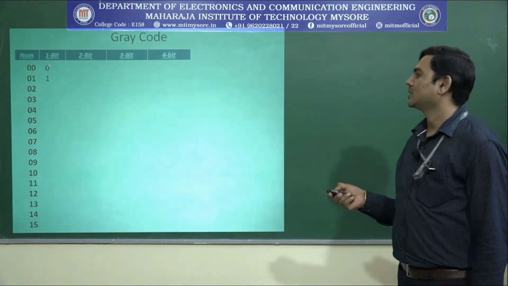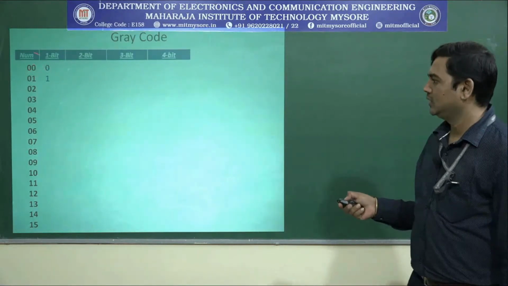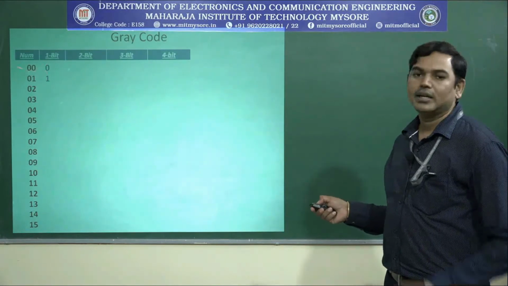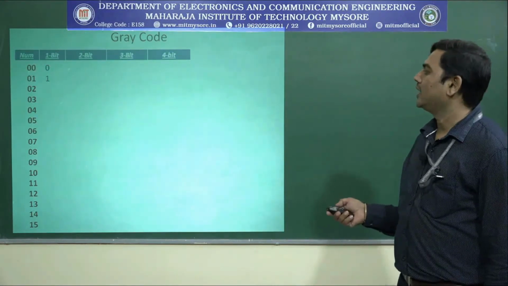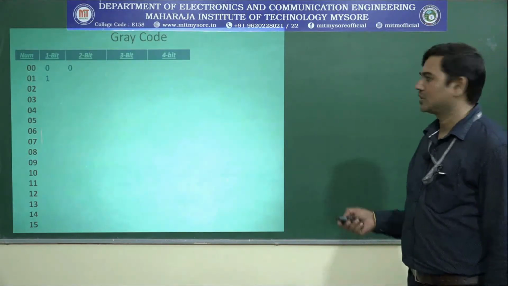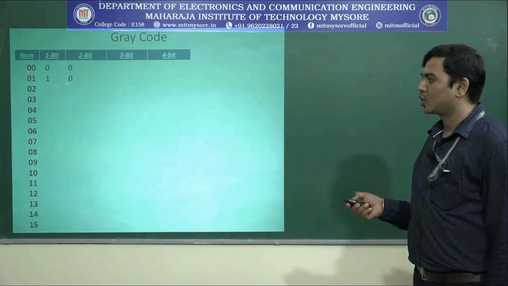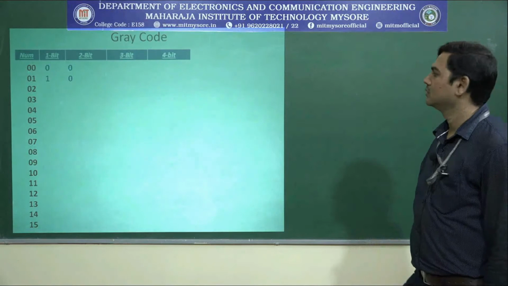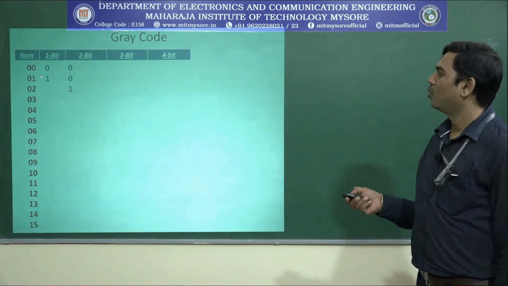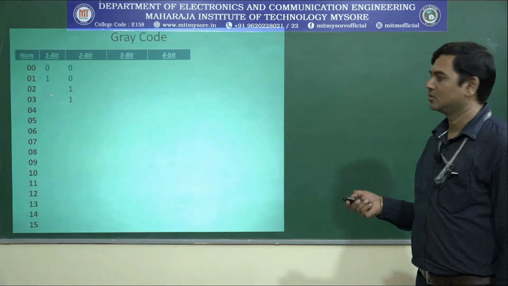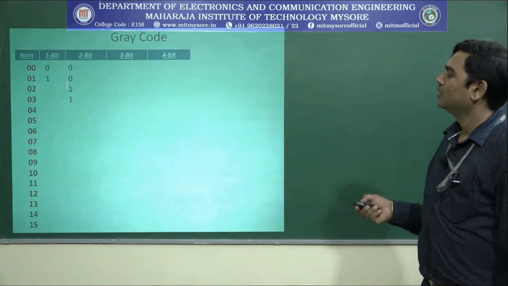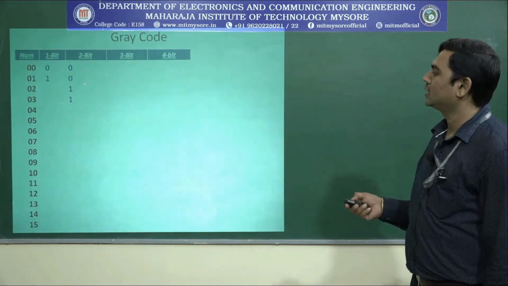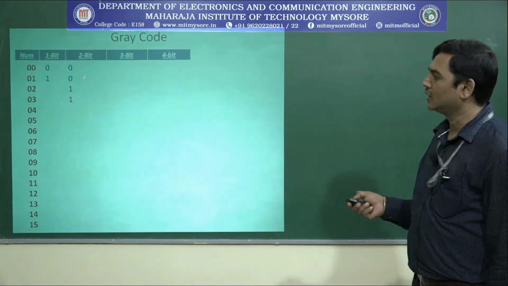Now, let us represent the 0 and 1 obtained here in a different way. So, we will write 0 two times. The first bit you need to repeat twice. Then again you repeat the second bit here twice. So, the second bit is 1. This 1 I will write once and again twice. So, this is how you are going to write this. Now, you try to place a 0 here and a 1 here. Try to toggle the LSB.